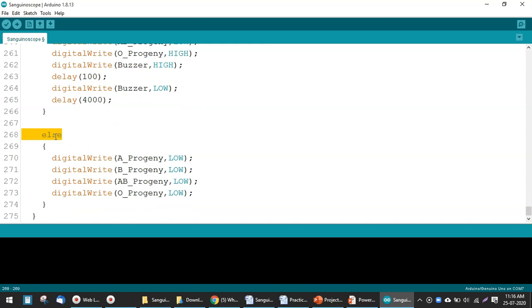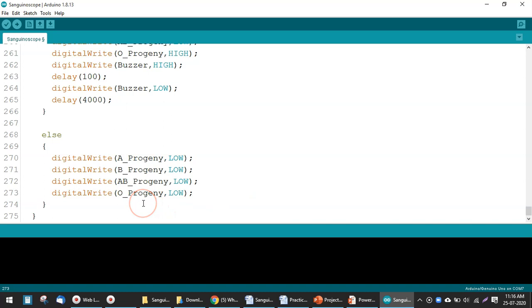Means there may be the possibility that somebody who is very analytical while using that project may press simultaneously more than two switches. Suppose he presses A progeny, B progeny, A paternal, B paternal simultaneously, and A maternal and B maternal simultaneously. Then these conditions should be false. And so all such conditions are exercised over here, and those conditions are considered to be the off condition.